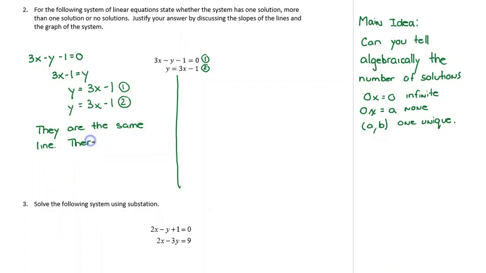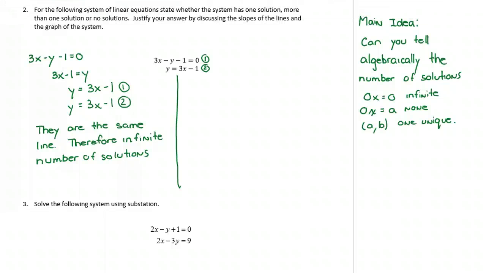Therefore, we have an infinite number of solutions. So one way to do this is just to rewrite them both in the same form, and then notice that they're exactly the same, and therefore we can say that they're the same line, have an infinite number of solutions. So sometimes we won't see this right away, so what we might try and do is we